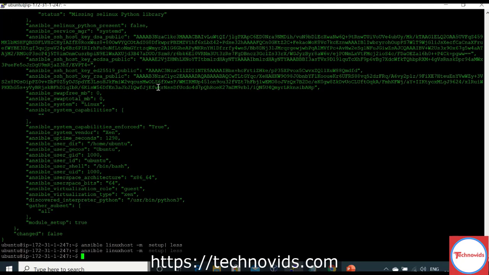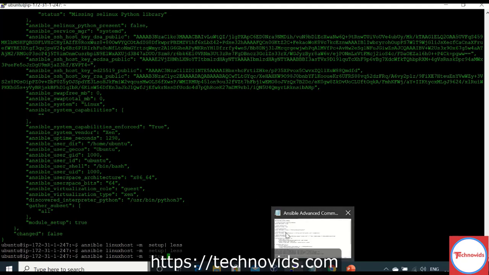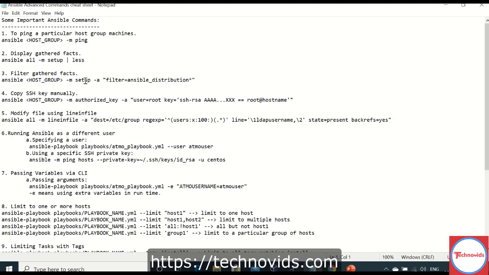But now suppose you are not satisfied with this, and you want some more filtering of the facts, right? Some more filtering of the facts can be done using a filter. Okay, ansible host group -m setup. I'll use the filter using -a and then I'll type the filter.